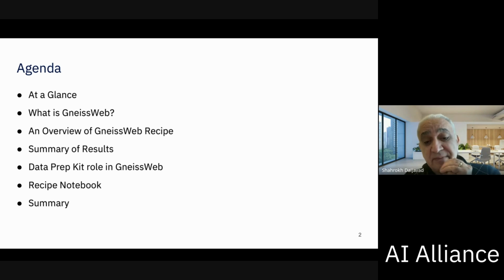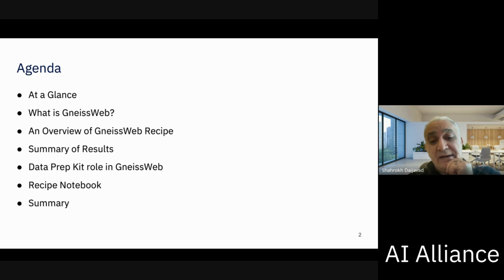And then I will talk about my own role, which is something called Data Prep Kit. It's an open source set of tools, a toolkit for data processing, data cleaning, data annotation, filtering, and so on, to make data better quality and more appropriate for both the pre-training stage of creation of AI models, in addition to post-training applications like fine-tuning, RAG, and so on. So my role is